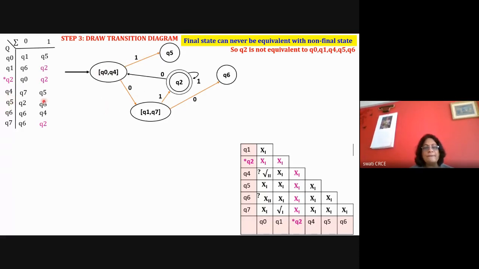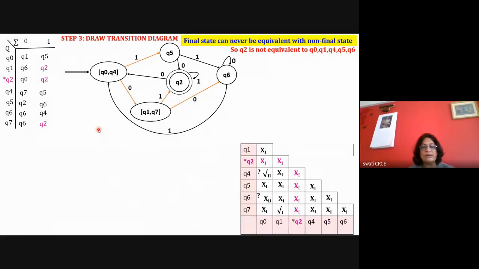So Q4 is done. Now Q5 with 0 is Q2, Q5 with 1 is Q6, that I've drawn. Q6 with 0 is equal to Q6, Q6 with 1 is equal to Q4. And then Q7 is already combined here. So for Q7 also I can verify the answer. Q7 with 0 is going to Q6. Q7 with 1 is going to Q2. So that is already done, and I've colored that in a different color. For both the states it will go to the proper next state, and there will not be any issue. So your answer for finding equivalent states is correct.